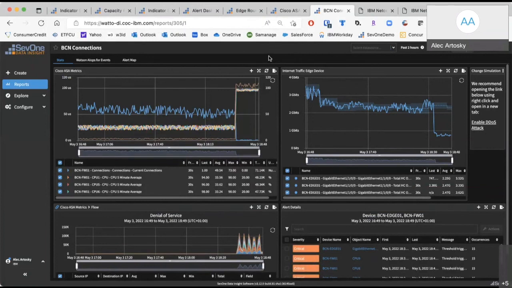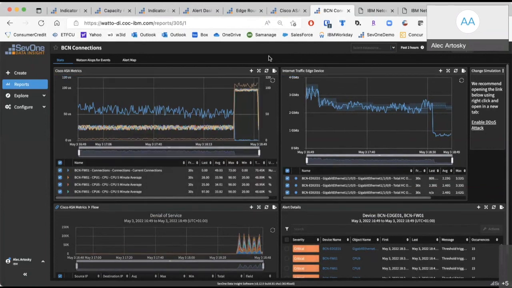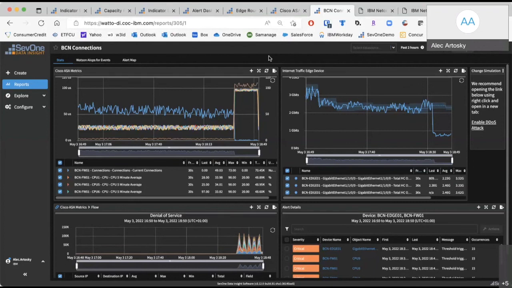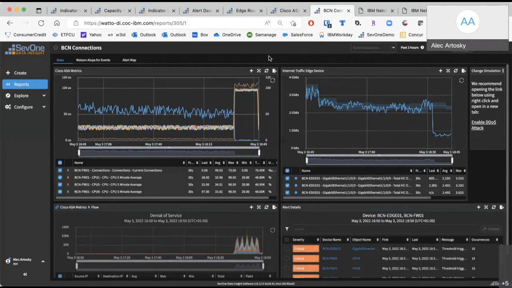So really, one of the huge values of this integration is that it can be accessed from twofold. You can start your day in Netcool. You can see that we have an event that's being correlated. I can jump into SevOne directly from Netcool to then investigate what is going on. Or I can look at my alert structure from SevOne using the AIOps that's part of the SevOne platform natively. Begin to see that we have large increases in CPU. Follow the workflow through that we followed here, going through the processes, the CPUs, that kind of stuff, and then going to Netcool and understanding whether or not those events are all correlated.